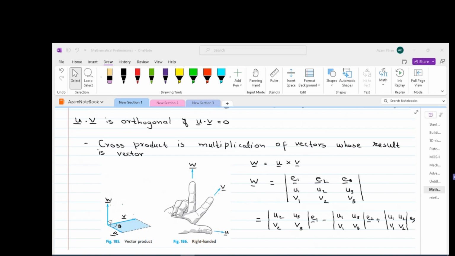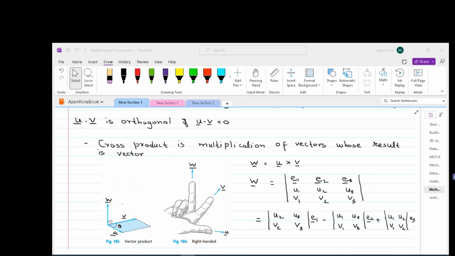We can construct a vector w that is perpendicular to the two vectors u and v, which are, say, two sides of a parallelogram on a plane in space. So these two can be two sides of a parallelogram within a space, and w is the outward drawn normal to the parallelogram. So the right hand screw rule is used if w is